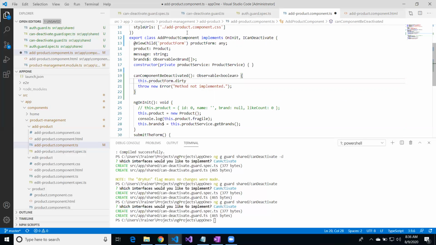So we'll have to check if the form was indeed touched and something was changed. Angular's form also exposes a property called submitted. If the user has already submitted, that means the form is saved, so we don't want to stop the user in that case either. So if the form is dirty and the form should not be submitted,